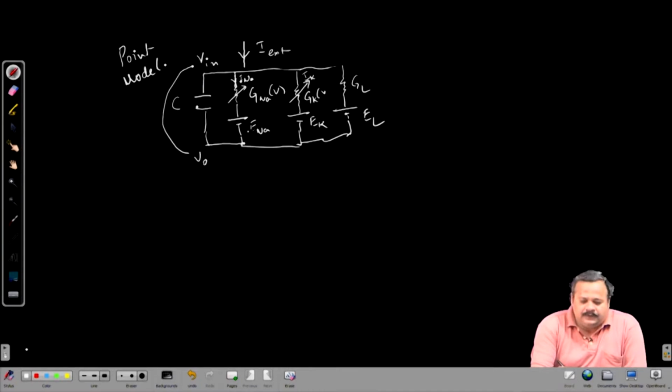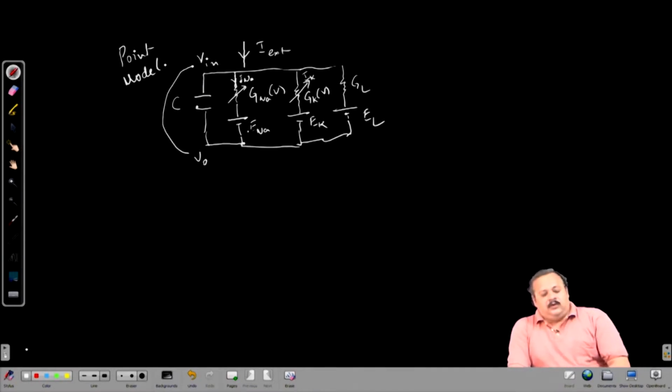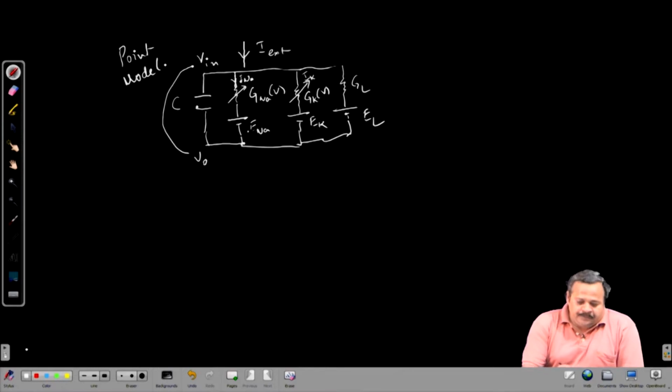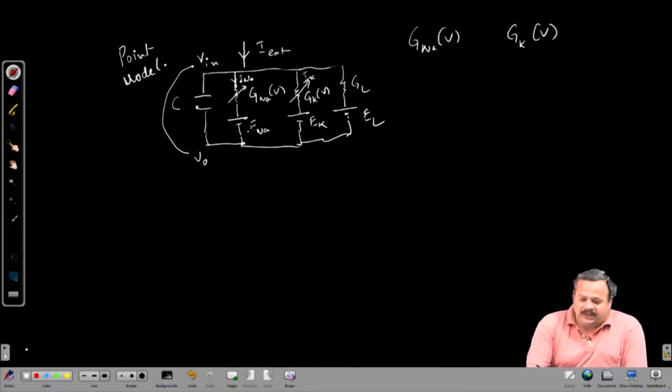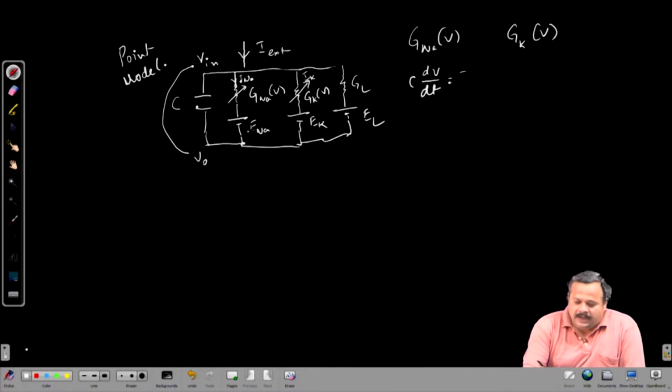So essentially we are trying to find out what our G Na as a function of V should be and G K as a function of V should be. As we have discussed, our equations governing this system, one of the equations is C dV/dt equals I external minus G Na as a function of V times (V minus E Na) minus G K times (V minus E K) minus G leak times (V